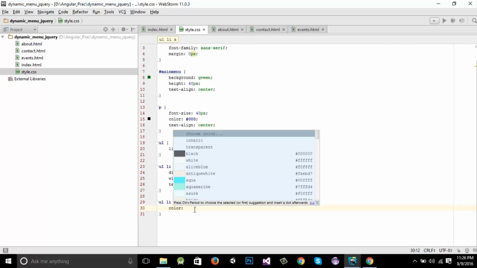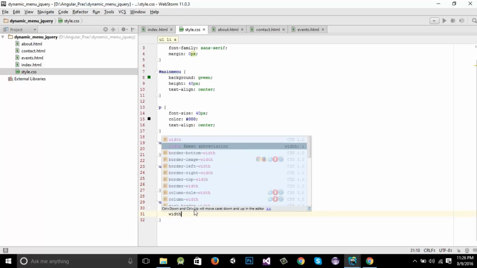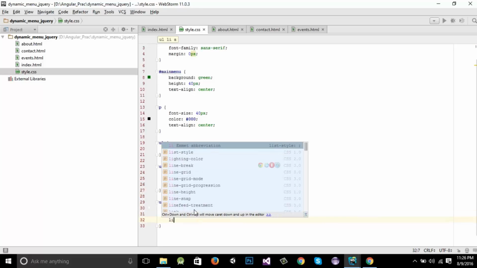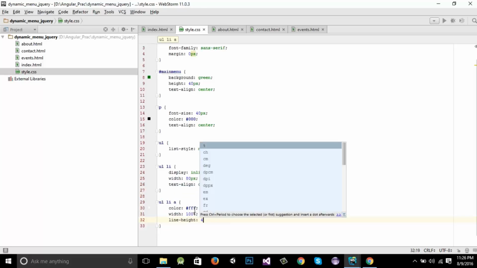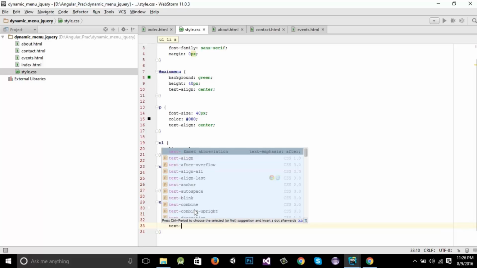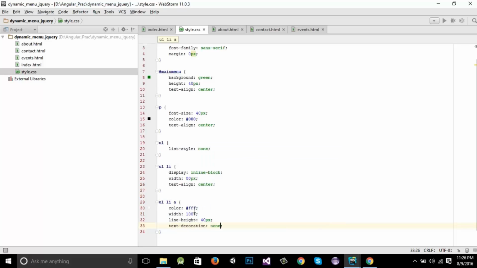Color has to be white, width has to be 100, line height should be 40 pixels, and text decoration should be none. Alright, so